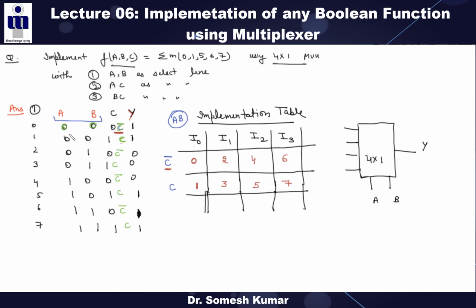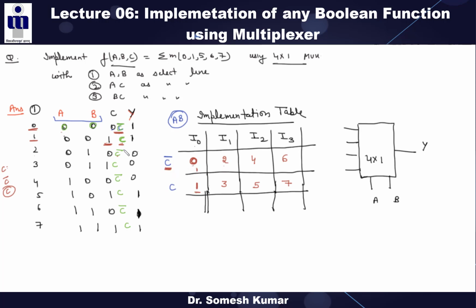From the truth table, we have to find out the pattern, right? Here the pattern is, if at the 0th position your C bar is there, at the first position your C is there, means C is 1. If C is 0, we are taking it as C bar. If C is 1, we are taking it as only C, right? So at the first position there is a C, at the second position this is C bar. Now in the row side, first one is C bar, so we have to take it as a 0. Can we take it as a 1 numbering? No, because at the 1, what is?